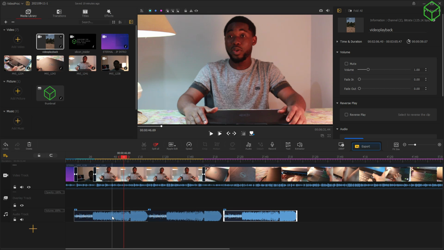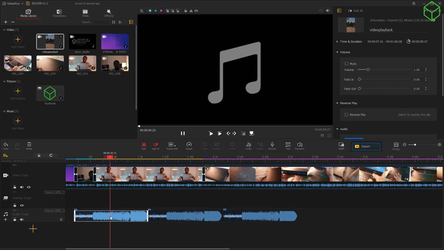So let's try and reduce the volume of the background music. You just have to select it, then you come here and reduce it here. If you want to mute it, you can mute it as well, but no, I don't want to mute it. So you see,